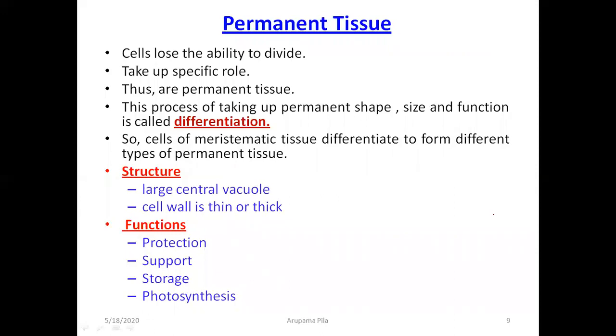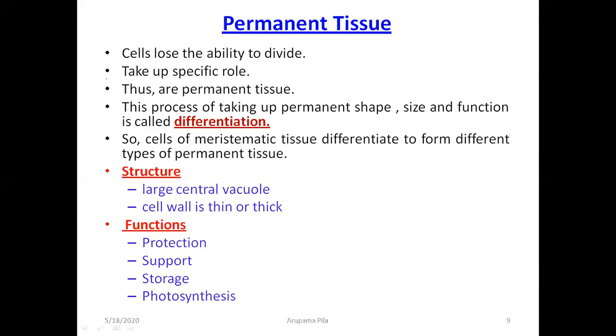Okay, so it was all about meristematic tissue. Now come to permanent tissue. What are permanent tissues? Now listen student, what happens? The meristematic tissue, in that cells are there which continuously divide. Okay, they are continuously dividing, and what happens? The cells which have already divided, they convert their shape, means they acquire a permanent shape and structure. Okay, and they become permanent tissue.